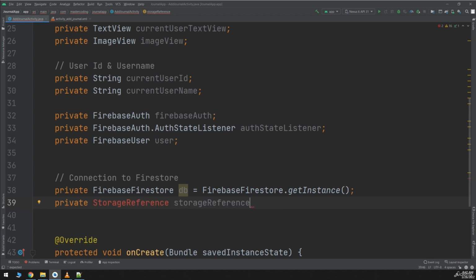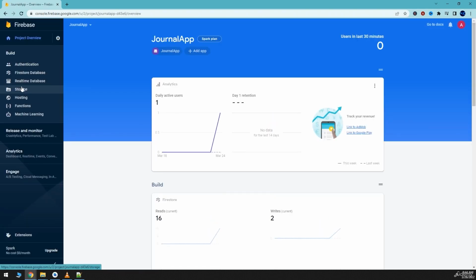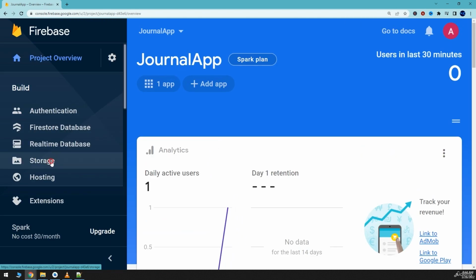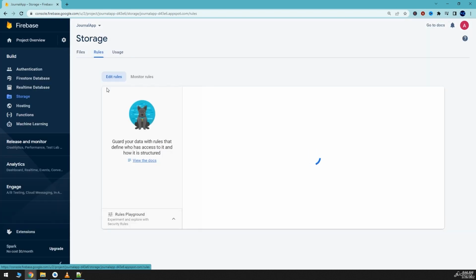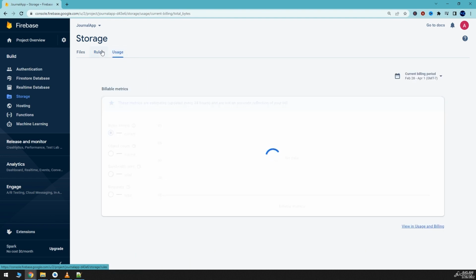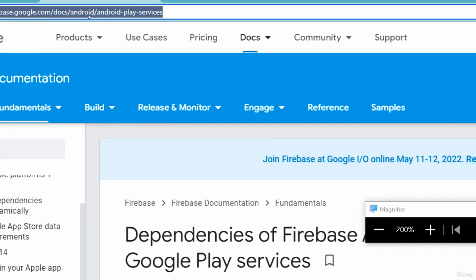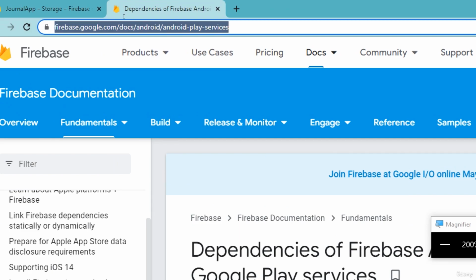Okay, so there is an error here in the storage reference. Let's add the storage. Let's go to the console, go to the storage tab here. Let's go to the rules. These are the rules. It is false; later on we will modify it to true. And let's add its dependency. So go to this link,